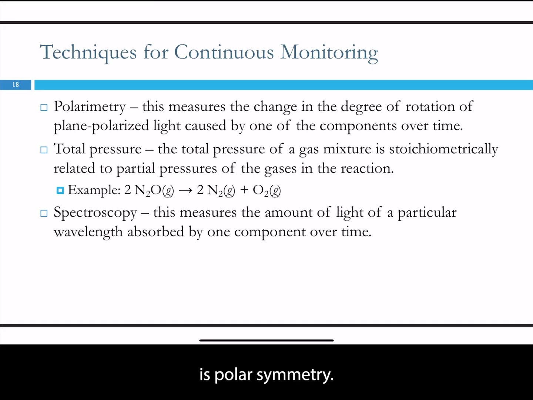One method you could use is polarimetry. You can actually do this with anything that's chiral. So if you've taken any biology classes, you've learned that there are enzymes and proteins and other molecules that are chiral, right? There's a left hand and a right hand motion. One of the really, really famous